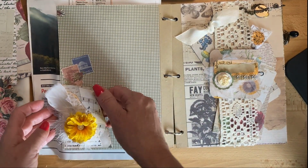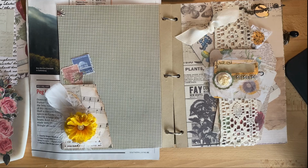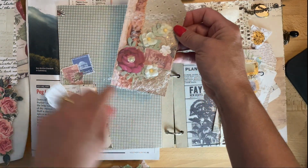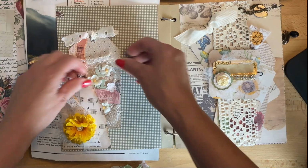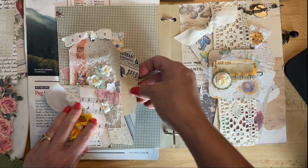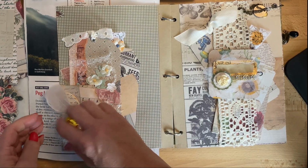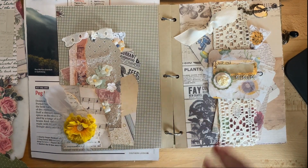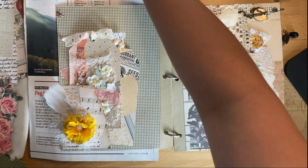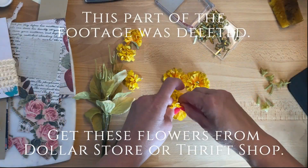Okay, that was pretty quick. So let's add some of the tags that we've created in the past from other projects. There you go. And these are the flowers that I was talking about, and I'll show you what I did. So we can add that, and we can add another one here. So yes, I totally like that. That came out good. Okay, so let me talk about the flowers, and then we'll work on our second side tuck, okay? And also, before I forget,